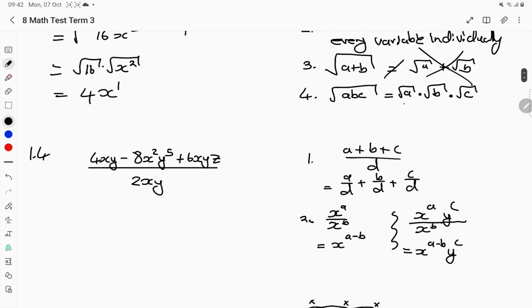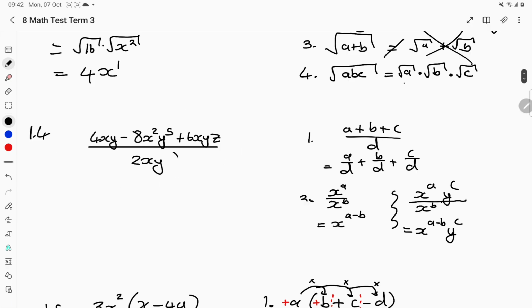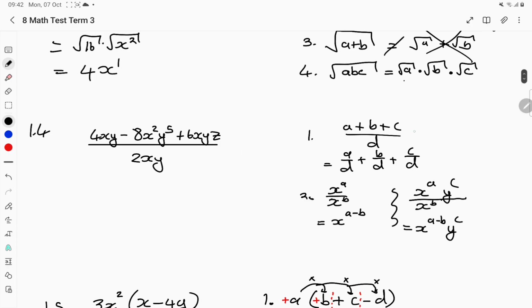All right, 1.4. We have this fraction over a certain denominator. Now, the important thing is this. This is basically the only way to do this. At the top here, we have all these different terms, and all unlike. We can't simplify it. So what we do is we break it up into individual components. Whatever the first term in the numerator is, we can put it over that same denominator of d, and then same for the second term over d, and then the third term will go over d, as shown over here. We can separate it out like this,